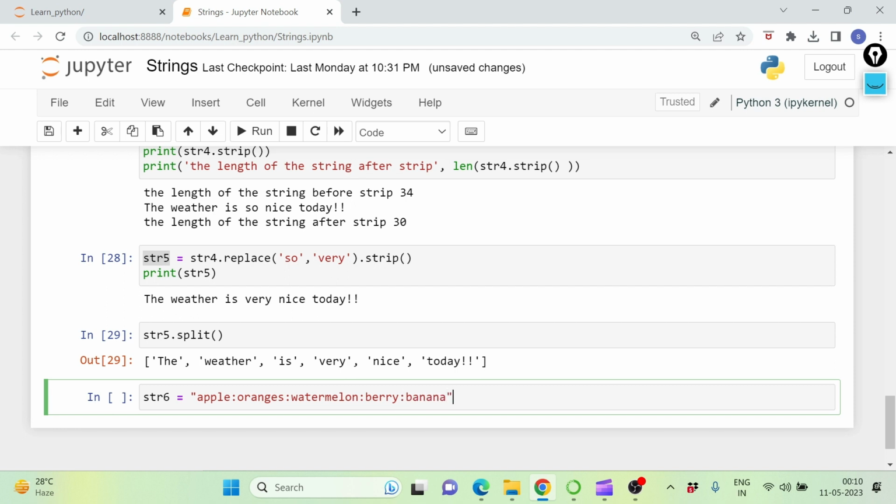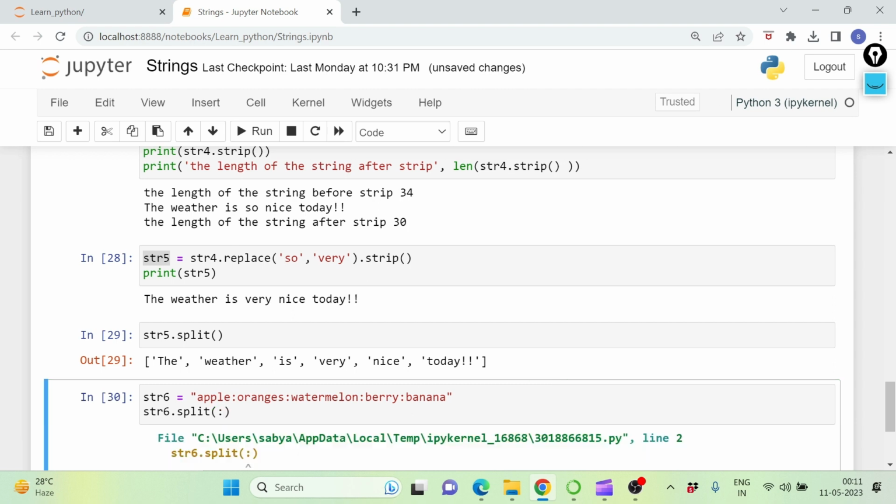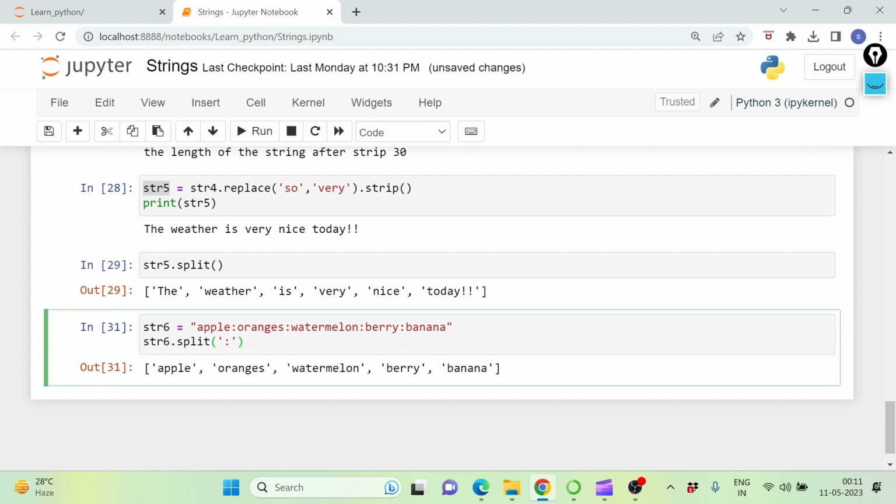So I have some fruits, and now I want to split these fruits based on colon. Instead of space, I want it to be split based on colon. So what I'll do is I'll write str6 dot split. Within the brackets, I will define my delimiter. So in this case, it's colon, right? There we go. So now, every time it comes across a colon, that's where it creates a barrier and